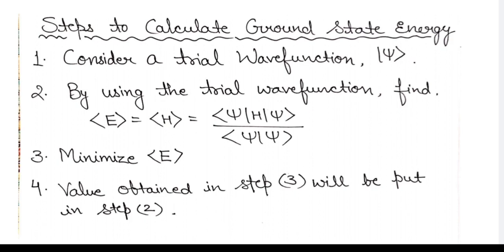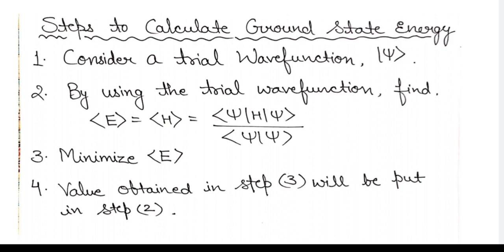Clear? So anytime, by using the variational principle or variational method, if you want to find the ground state energy, what are the steps you have to take and how can you find it? Let's talk about the steps. Step number one: firstly you need to know the trial wave function. If you observe the previous year questions, you will find that almost all the time they have provided the trial wave function in the question itself. So this is going to be a very easy thing for us if we know the trial wave function.